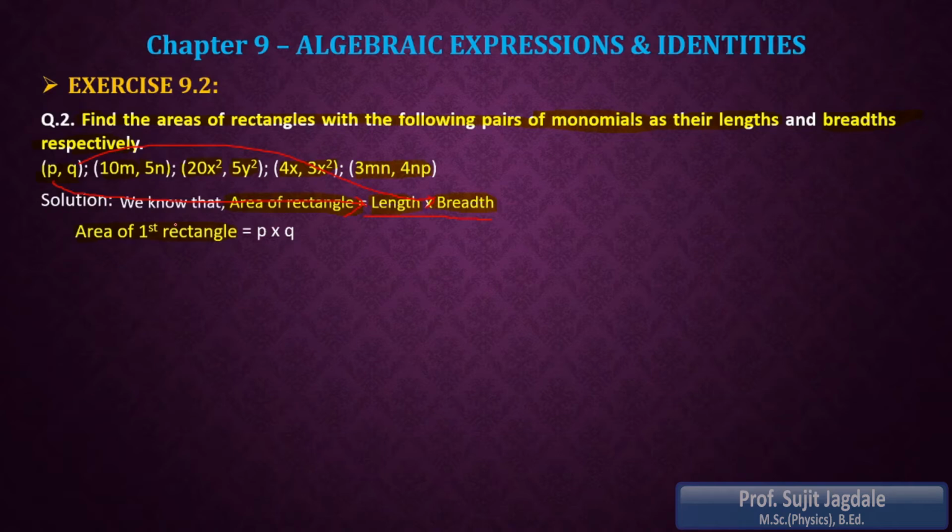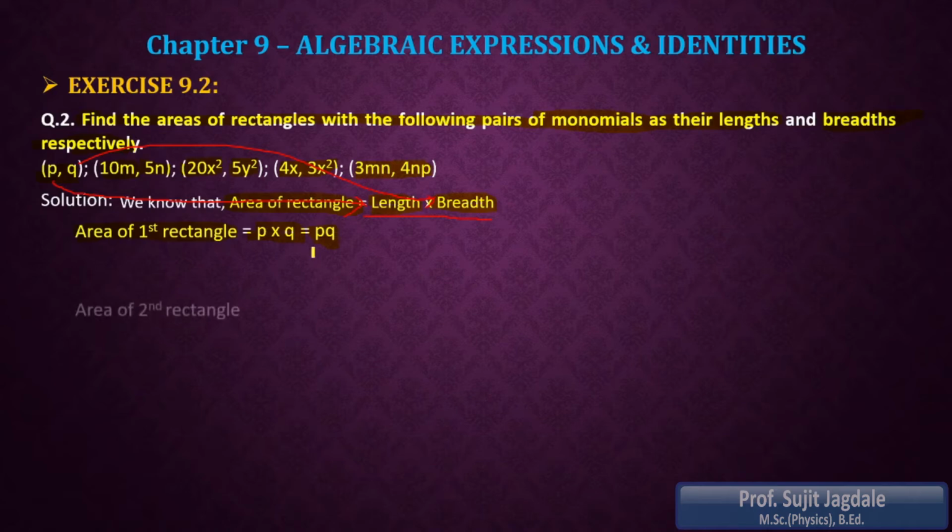What are you going to do? You are going to take the product of numbers only. Then you are going to take the product of like variables or same variables. And if there are no numbers and no like variables, then you have to move to the different variables and take the product of those different variables. Here in this pair both are different variables, p and q. So I am going to take the product directly, p into q, length into breadth. So its area becomes pq. This is the first product.